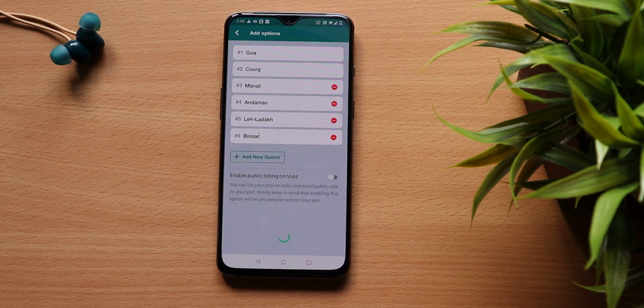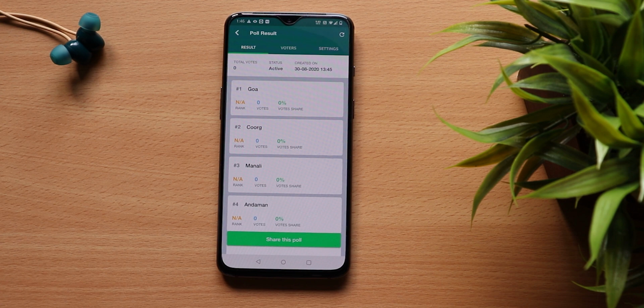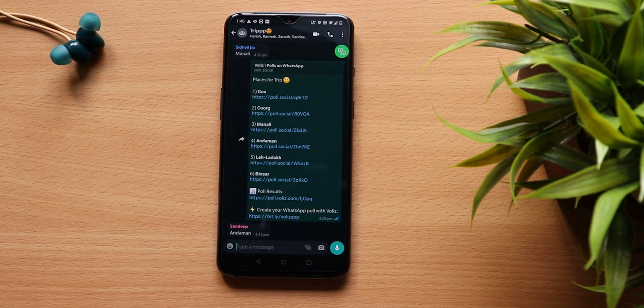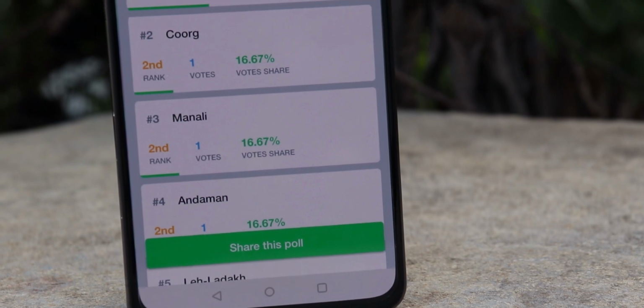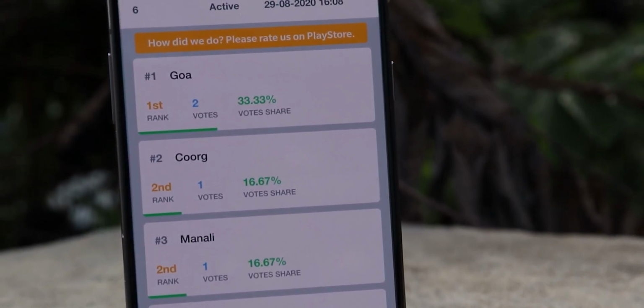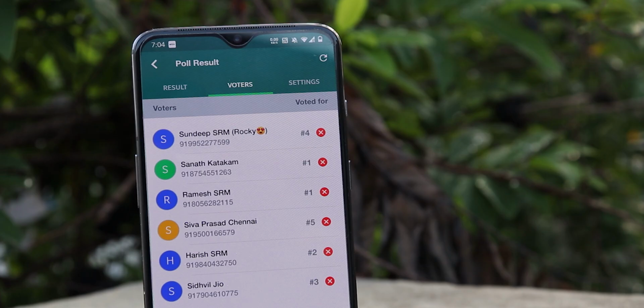Once done, I can share this link. Now people can vote using this link so that you can see how many people voted for a specific place and which one has got more votes. You can even swipe to see the list of people and which person chose which place. It's really useful and it makes a lot of sense.